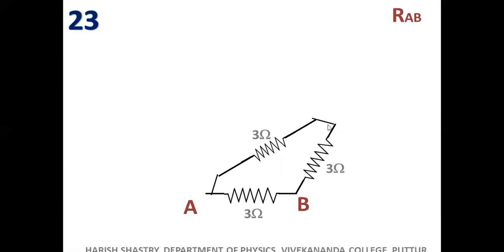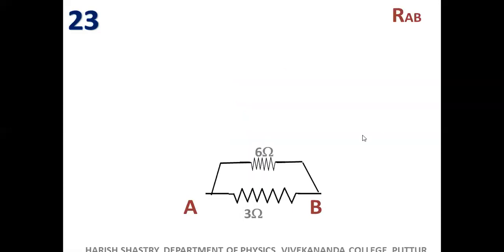3 ohm is here. Now this 3 and this 3 are in series, and that is totally 6. And where you will replace that 6? It is here across A and B, and that 6 has to be replaced here. Now 6 parallel 3. Finally, the answer is neither 6 nor 3. It is 2 ohm, because 6 parallel 3 is 6 into 3 divided by 6 plus 3, and the answer is 2 ohm. Got it now?